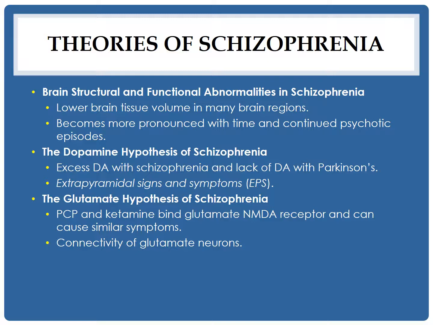And then additionally, this gets more severe. It gets worse over time, and it gets worse with each psychotic episode. The ventricles, the space where the cerebrospinal fluid resides, get larger over time. And it's important to catch schizophrenia early, because otherwise the brain continues to deteriorate. Patients tend to respond a lot better earlier in their disease to different medications.